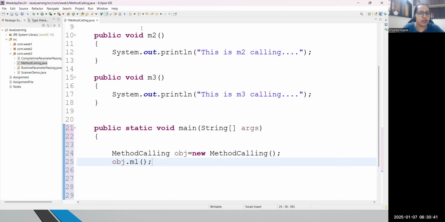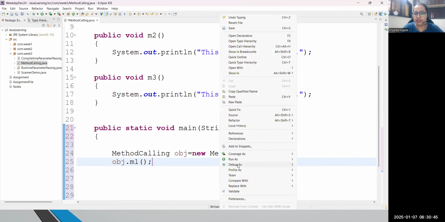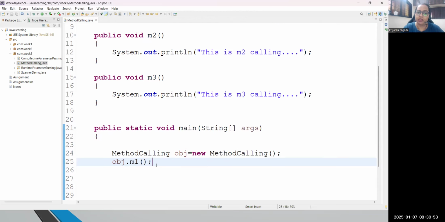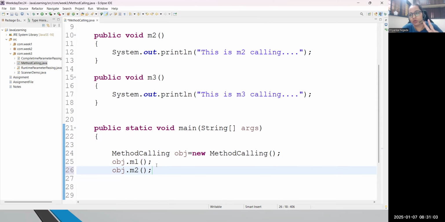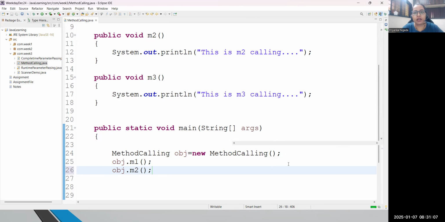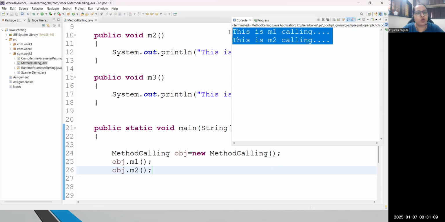But suppose I'm calling only one method. Yes, you can run and see the result. Only one method will be executing, not all three. Currently only one is called, so one is executing. Suppose I wanted to call m2 also. Then again you can write in the same manner and call that second method. That is the way we follow. How many methods am I calling? Only two. So if I run the code, you can see the result is m1 calling,